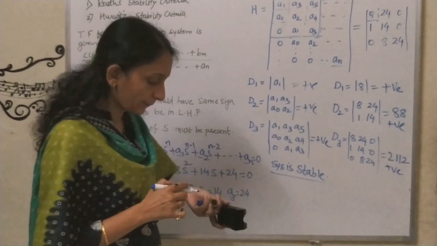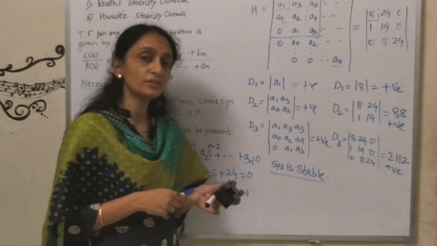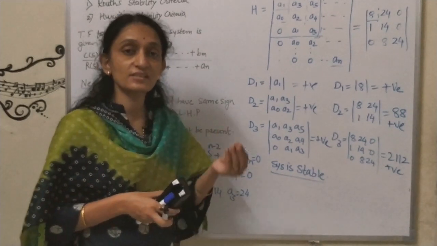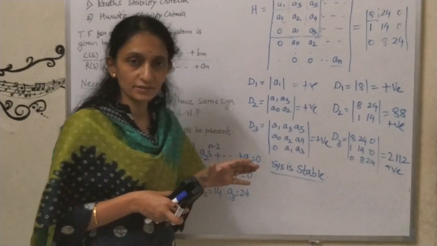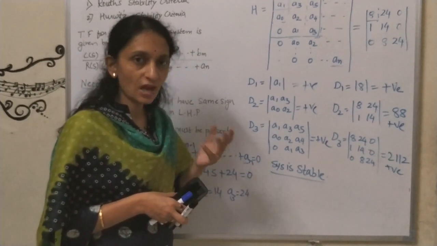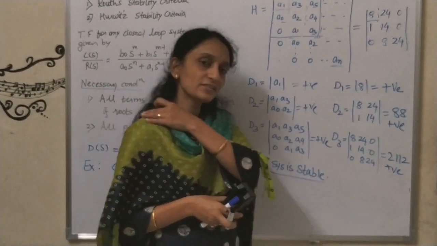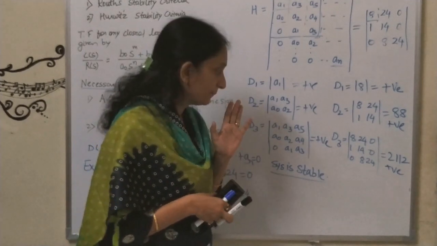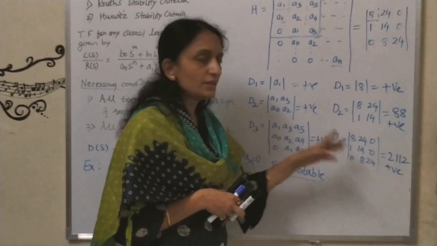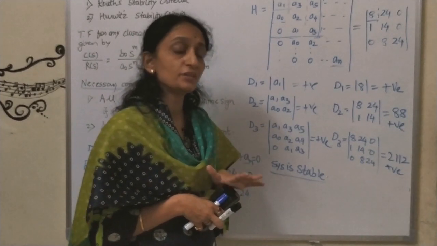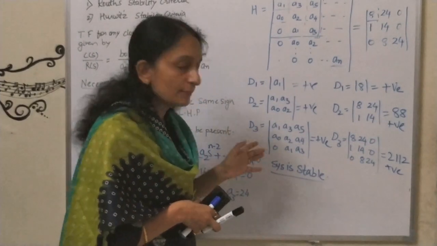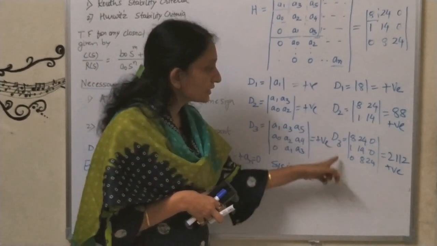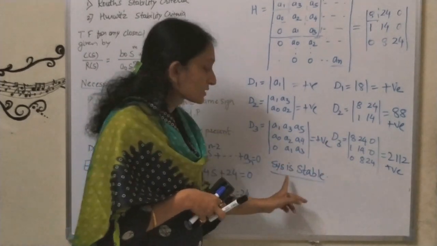System is stable. Okay. But see, the important thing is with Hurwitz stability criteria, we can comment only on stability. Whether the system is stable or unstable, we can only comment. But we cannot do the analysis. How? Look at this. Here we got all these 3 subdeterminants as positive and we have commented that the system is stable. Suppose any one of the subdeterminants is negative. So what will be your comment? You will directly comment that the system is unstable. Yes, the answer will be correct. If any one of the subdeterminants is negative, the system will be unstable.